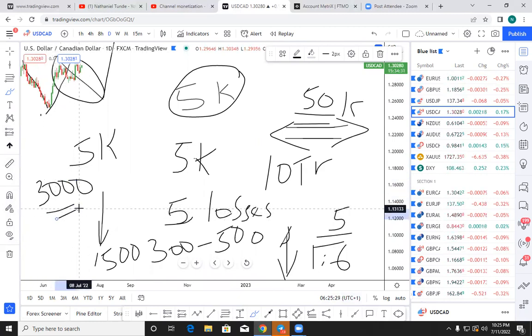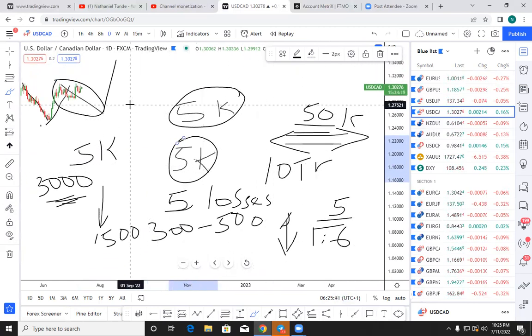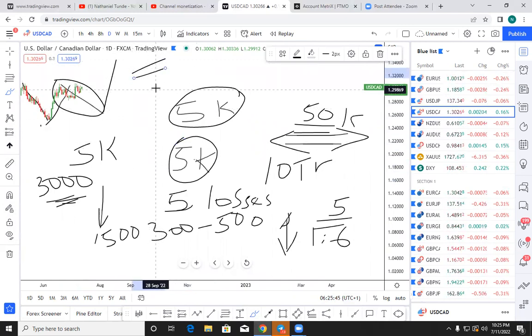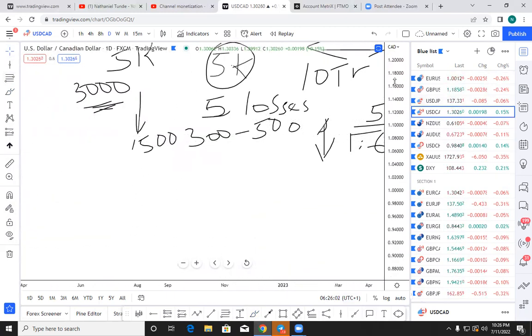If I just get this win like this twice out of these 10 trades, I've hit 10% of my account. I've passed. That is why I keep saying it takes an average of 10 trading days to pass any challenge at all. Evaluation, challenge, everything, an average of 10 trading days with my system and with my risk management strategy. Do you understand now? So you can apply this same system to your trading account.